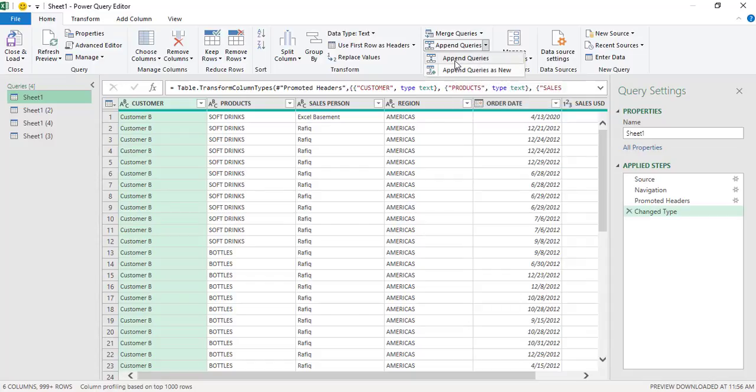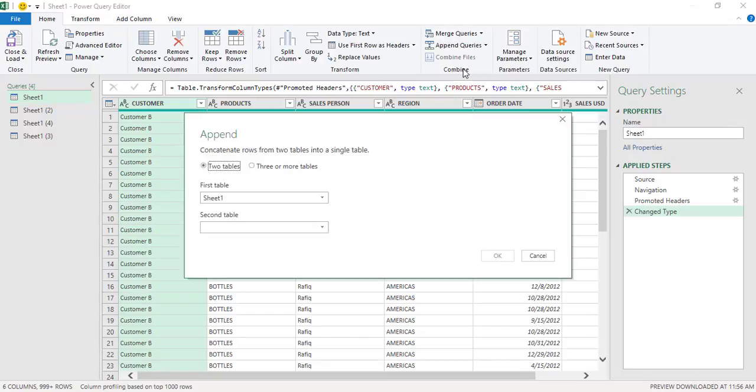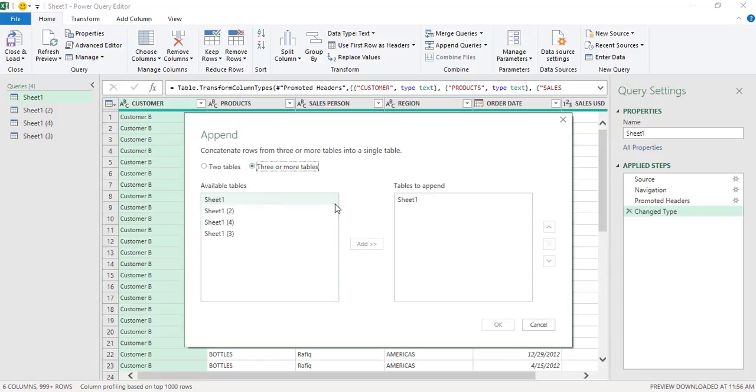Append Queries means that I can append these existing 4 worksheets into one. So I will go for Append as New because I need to have that data as a separate table. Now, as we know, we have more than 3 tables. So sheet 1 is here, sheet 2, sheet 3, and 4.